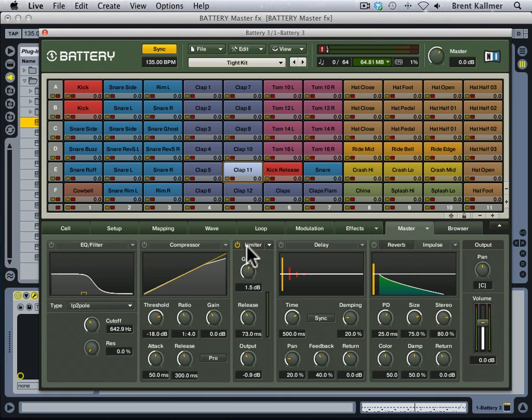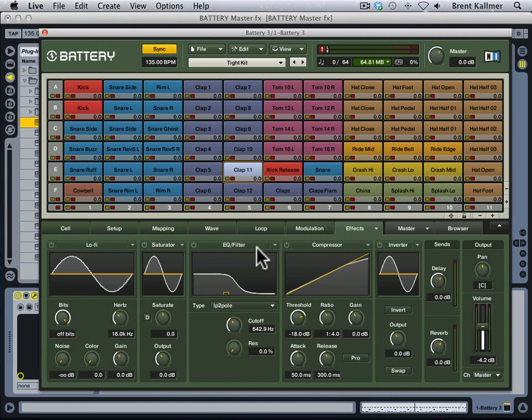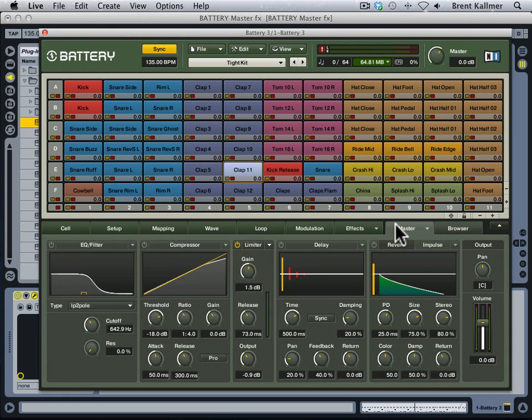So the only thing really in play here is this limiter, and this is essentially a brick wall limiter that has pre-configured itself when I loaded the kit. The EQ and the compressor are more or less the same as the EQ and the compressor that we see here. But in the master we also have these delay and reverb effects, which are return effects, which means that